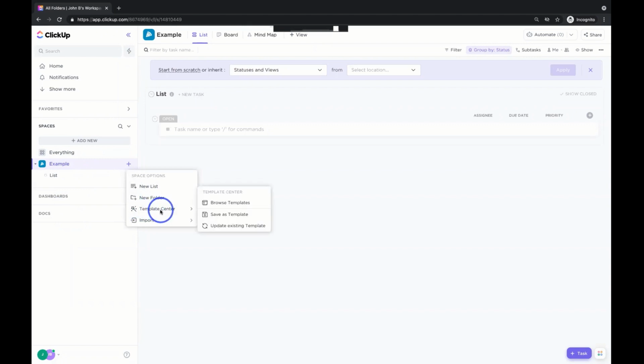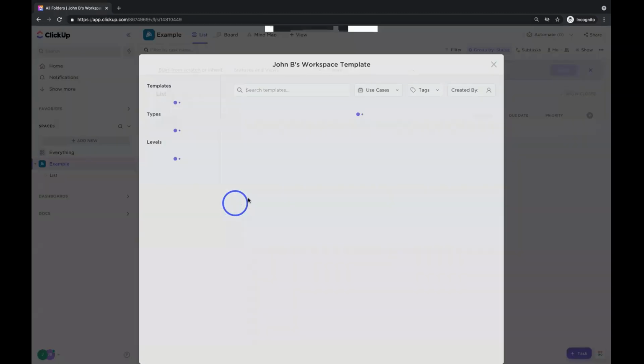As a new user of ClickUp, you should be using our templates. And in fact, not only should you be using our templates to try and understand how the system works, but maybe as a base layer for your own templates, because your company should be creating templates. Templates are your repeatable processes. They are your company's secret sauce. They're the thing that you do extremely well, and you want to do it in a repeatable manner. That's when you use templates. And templates are extremely valuable when you're building out your hierarchy, because you only have to create the template and you can use the template again and again. You don't have to necessarily do everything by hand. So let's browse some templates. Click this browse template button.